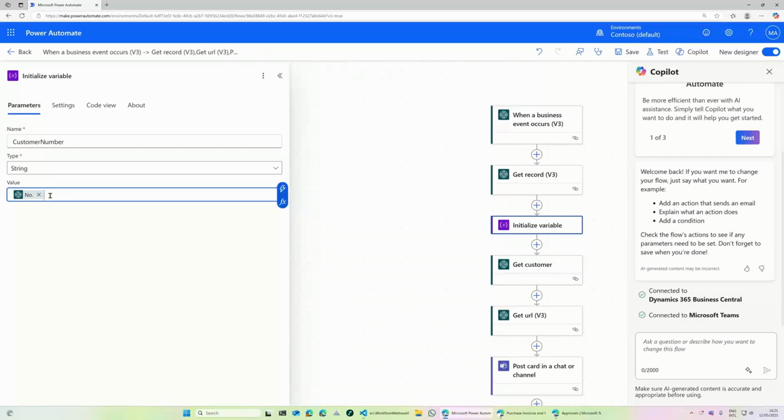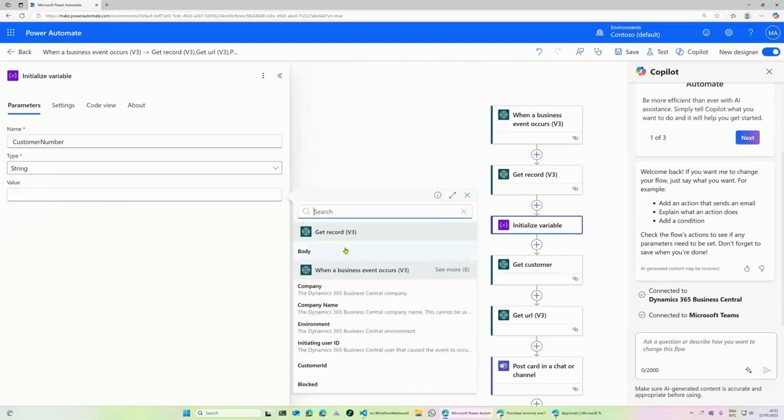Okay, now that I have this, let's go back into initialize variable. And this one here, let me delete that one. And look now at what get record is actually showing me. Only a body. It's not giving me the list of fields that are output from the get record because it doesn't know anymore.